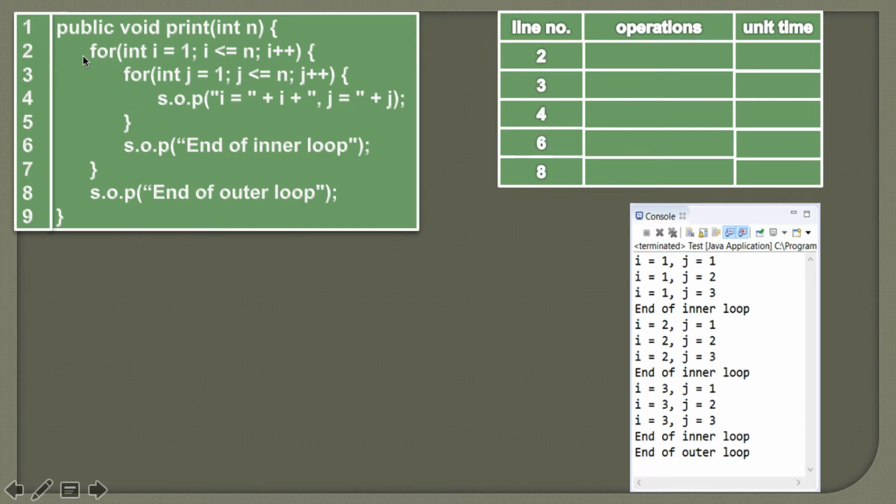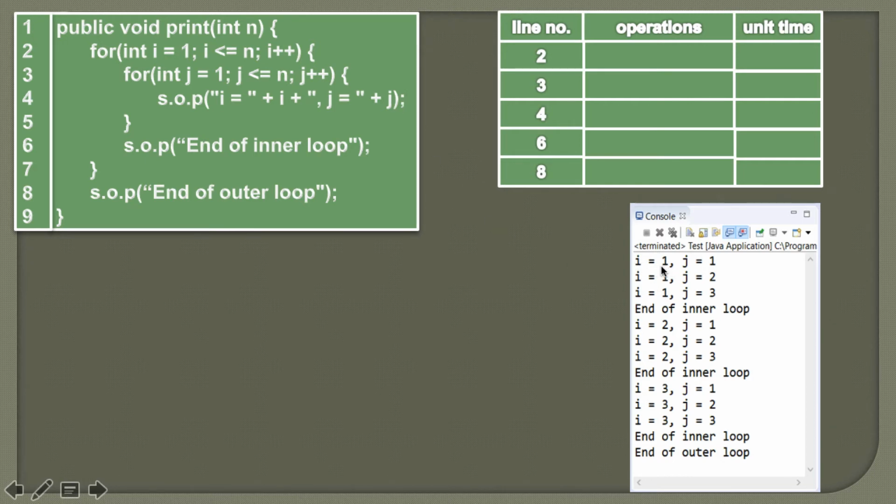So here you can see that for each iteration of the outer for loop, the inner for loop gets executed that many number of times, from j equal to 1 to j less than or equal to n. In this example, as we have taken the value of n as 3, you can simply think that the outer for loop gets executed 3 times and the inner for loop will get executed 3 into 3 times, which is 9. So here you can see that this statement gets printed 9 times.